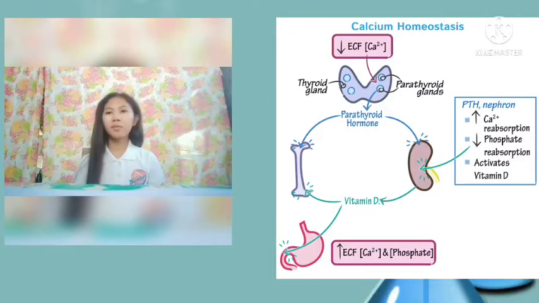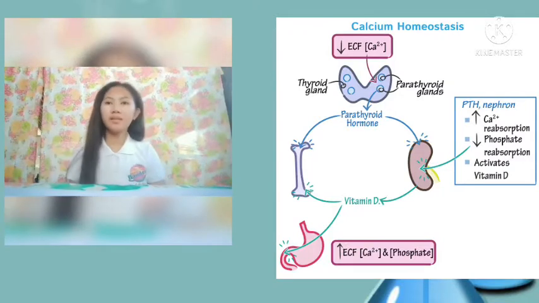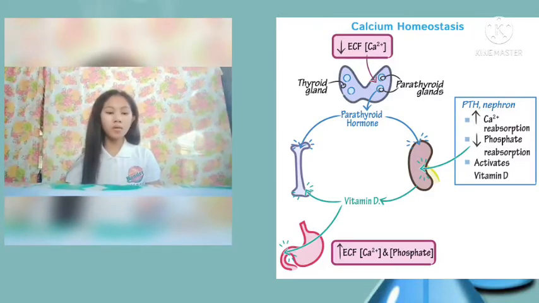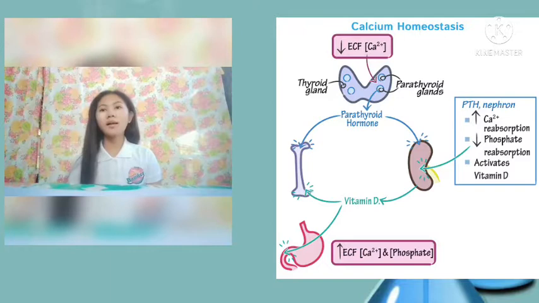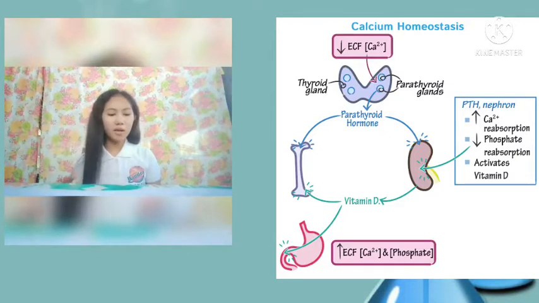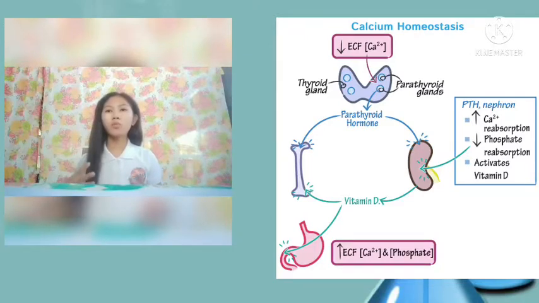So next, what maintains calcium homeostasis? Calcium homeostasis is controlled by PTH, vitamin D, and calcitonin, in the interactions of the skeletal, endocrine, digestive, and urinary systems. Sinasabi dito na ang nagpapanatili ng ating calcium homeostasis ay kinokontrol ng PTH, vitamin D, at calcitonin, at ang mga interaksyon ng skeletal, endocrine, digestive, at urinary system.